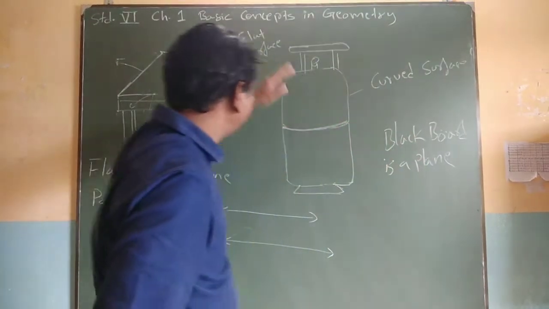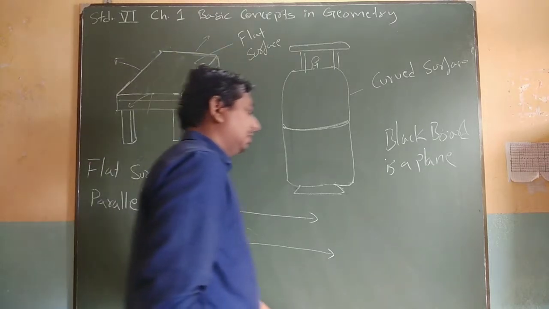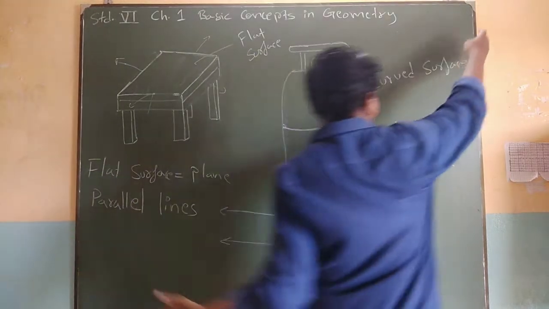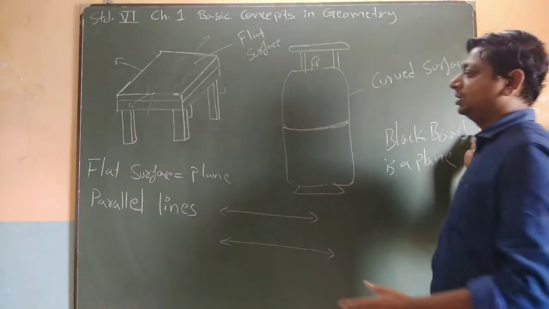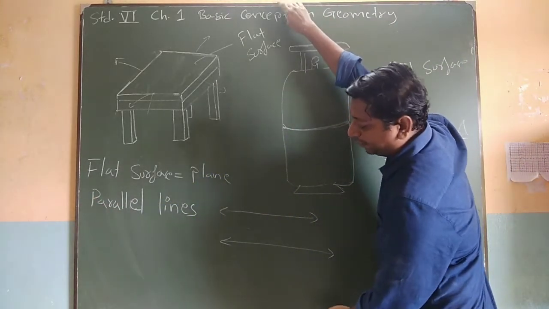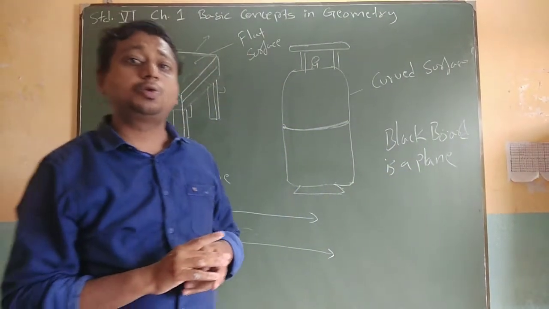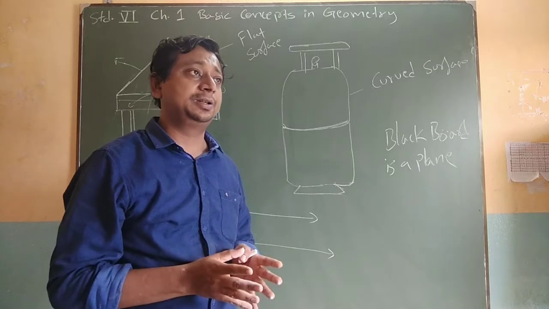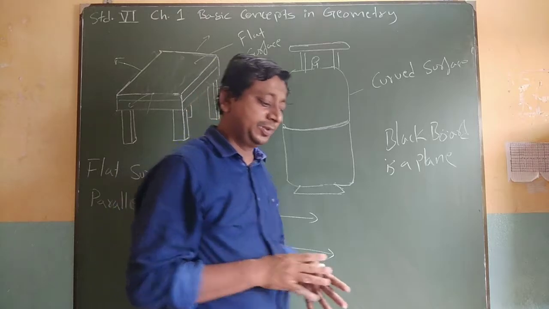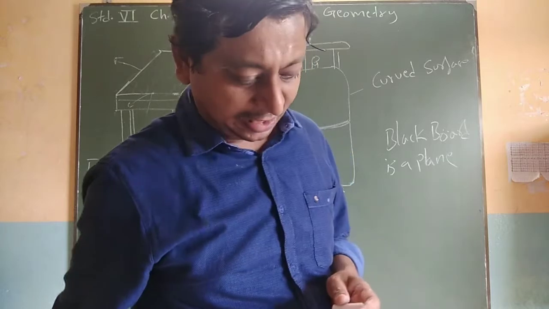Now for example, your board. This top line and this line are parallel lines. On this side one line is there and on this side one, and these are also parallel lines. So this is one parallel pair, and this is also one parallel pair of lines. Remember, parallel lines are the lines in a given plane which don't intersect. Those lines are called parallel lines.